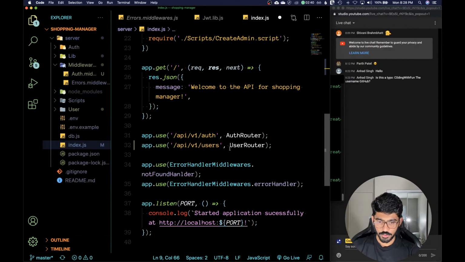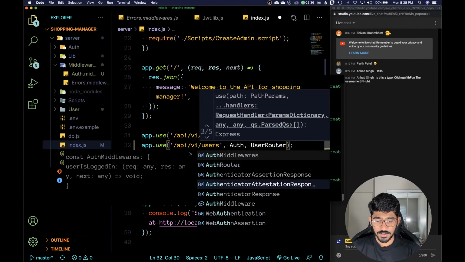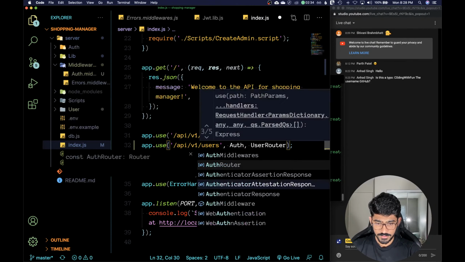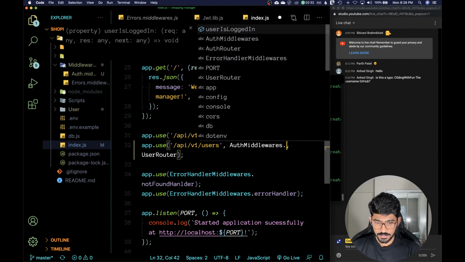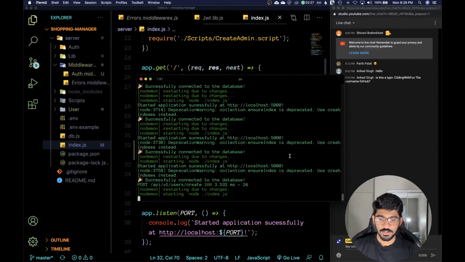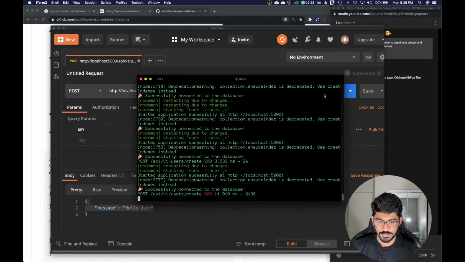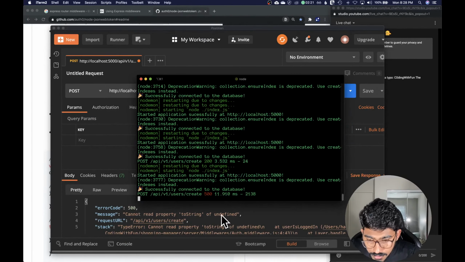And we will use it for users route. Auth middleware auth user is logged in. Okay, now we should get